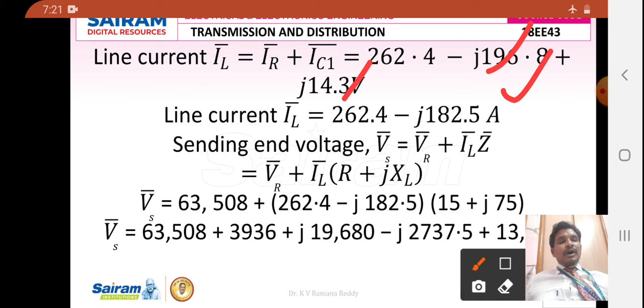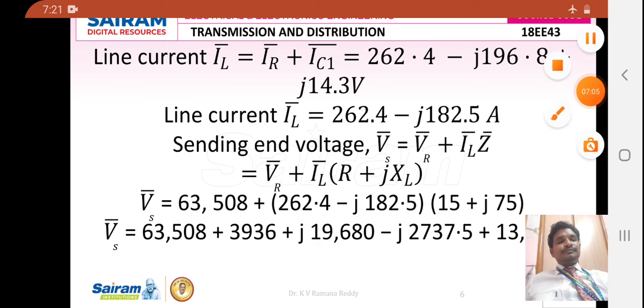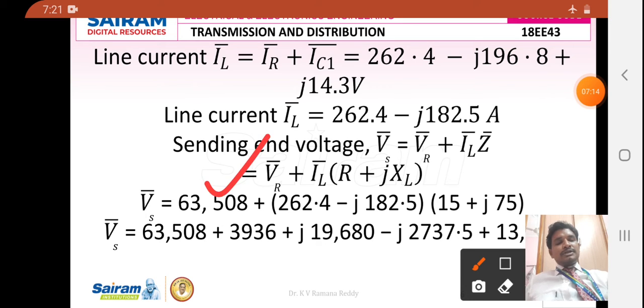Similarly, sending end voltage Vs bar is equal to VR bar plus IL bar into Z bar. As we know, Z bar is nothing but R plus jXL here. Next, I am going to substitute the VR bar value to find the unknown parameter, sending end voltage Vs bar, equal to 63,508 plus IL bar. IL bar means 262.4 minus j 182.5, into R plus jXL. R plus jXL here is 15 plus j 75. By multiplying these two things, that is simplification, Vs bar is 63,508